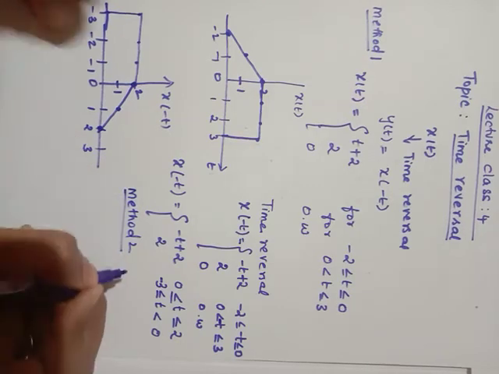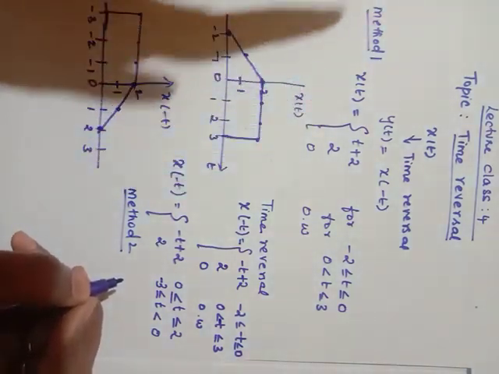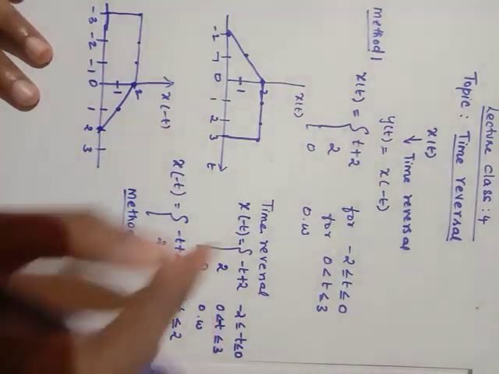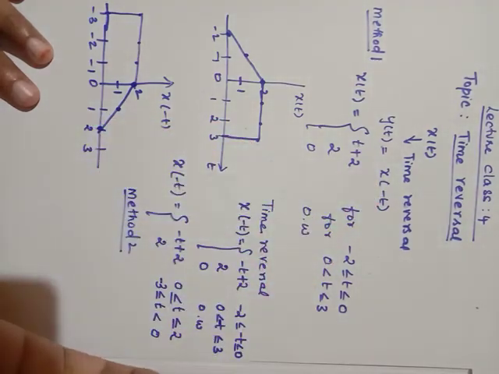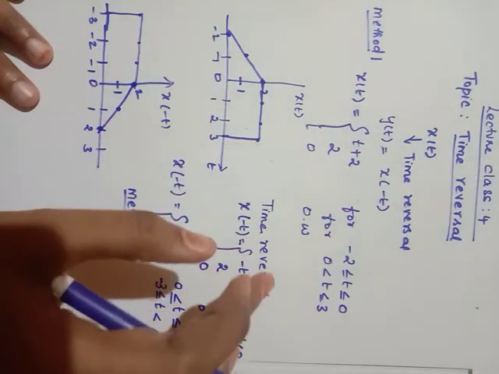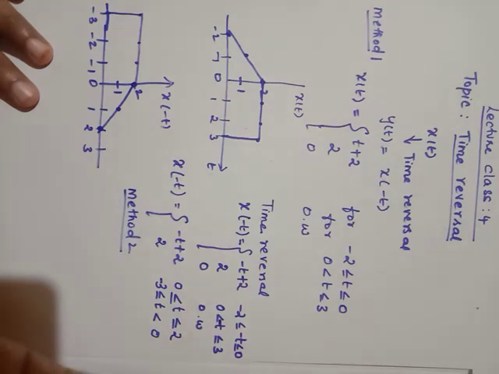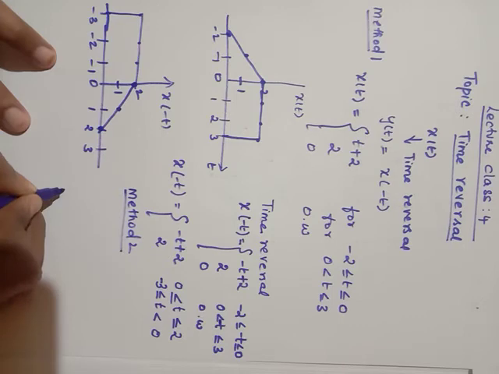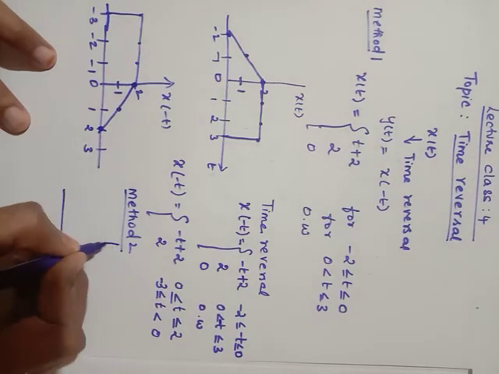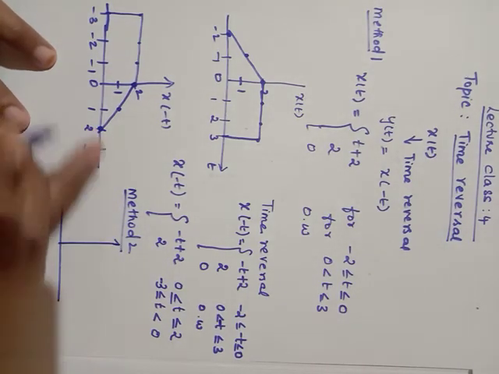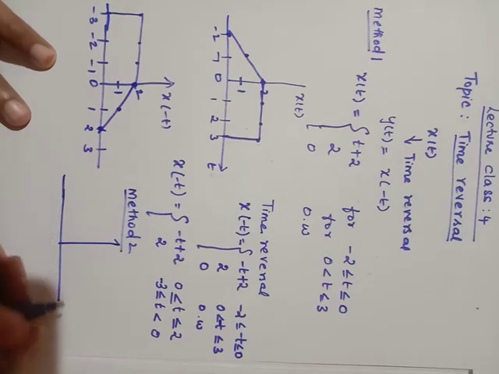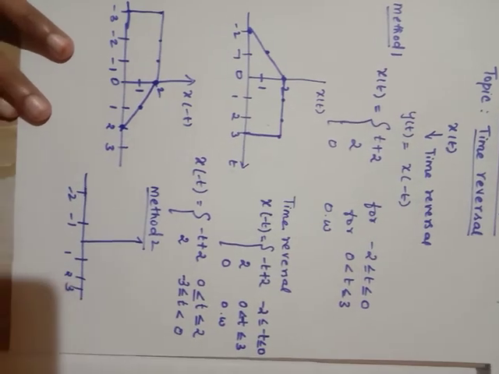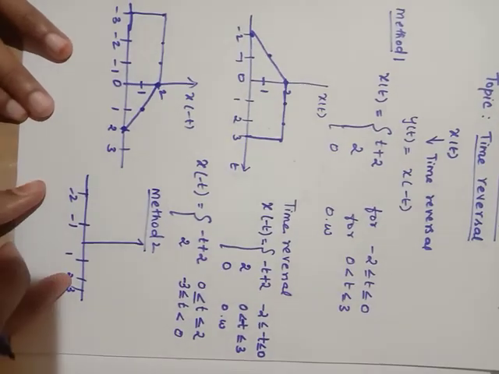What we did there, by shifting, we know that shifting means that we will equate t plus 3 equal to 0, so we get t equal to minus 3. Similarly, here in time reversal there is no need to do anything. Just you remember this, in time reversal just the axis is going to change. That is, the positive values will lie on the negative side, and negative values will go to the positive side. So here this is what is going to change.